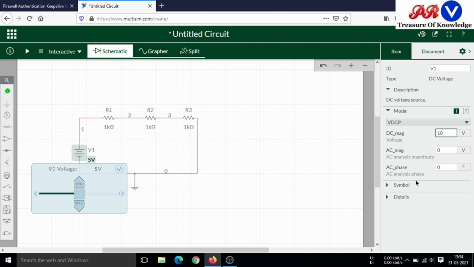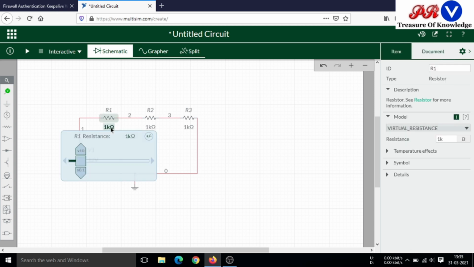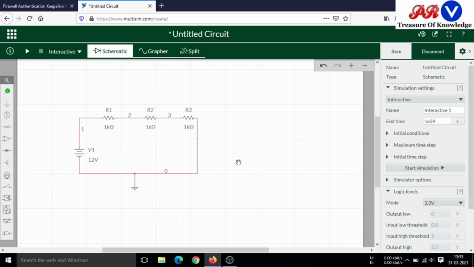Suppose I am applying 12 volt here. Click anywhere in the window. Now this voltage is of magnitude 12 volt. Similarly, you can change the value of the resistance by clicking here. In this way we can design a circuit in Multisim.